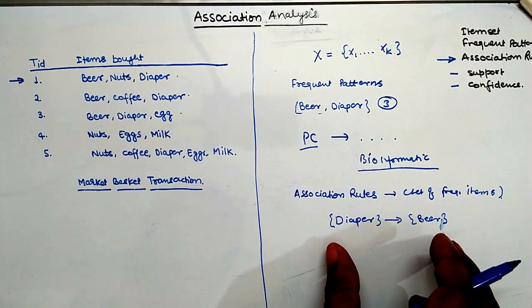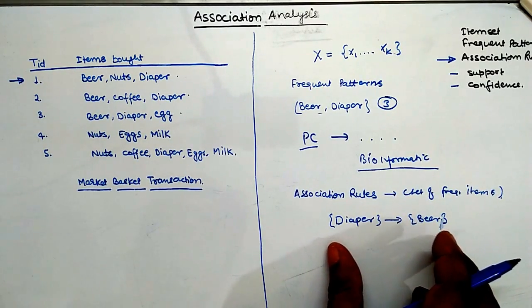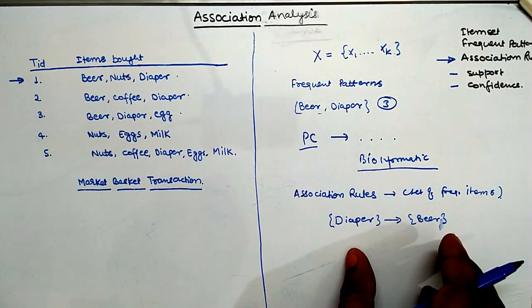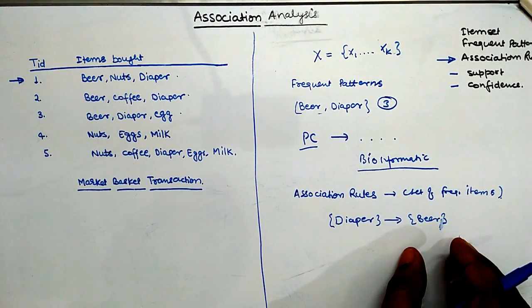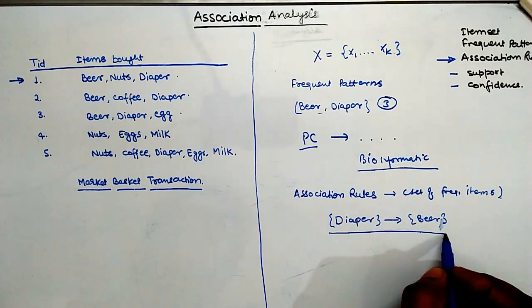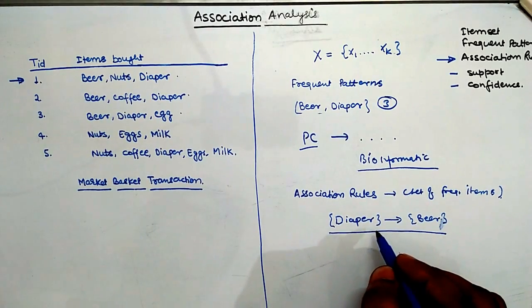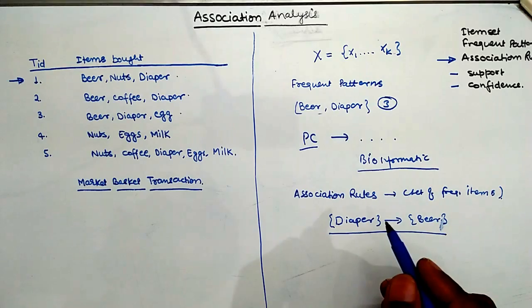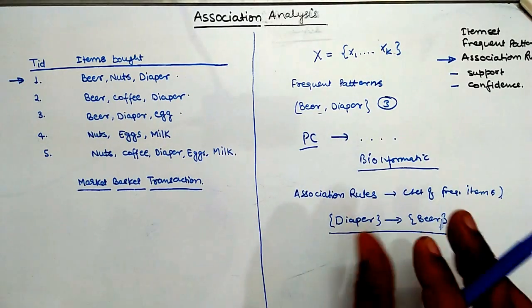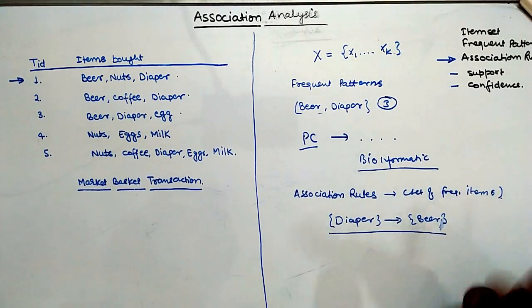So this is an association rule, and what this rule says is that the sale of diapers and beer have a strong relationship between them, meaning the customer who buys diapers must also buy beer. Based on this association rule, we can infer that customers who buy diapers are highly probable to buy beer. Retailers can use this type of rule to help them identify new opportunities for cross selling their products to customers.